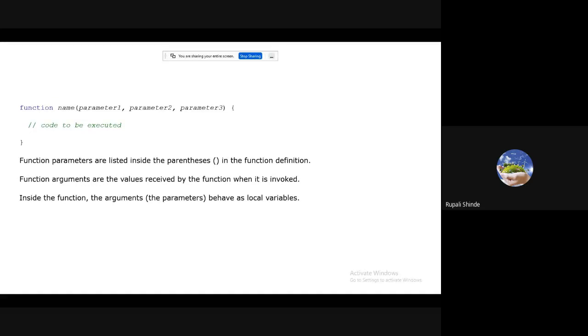It is nothing but the actual value which we pass to the function. Inside the function, the parameters behave as local variables.